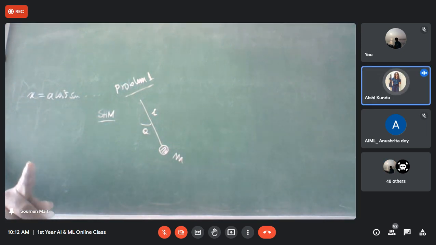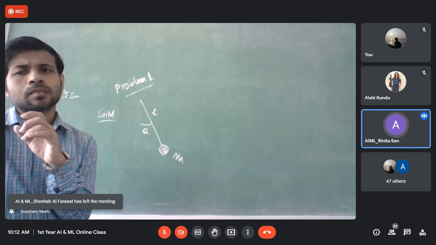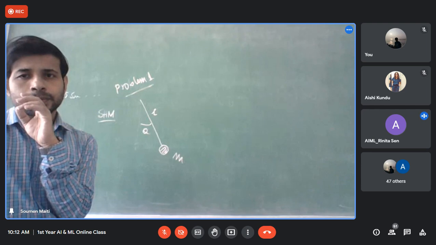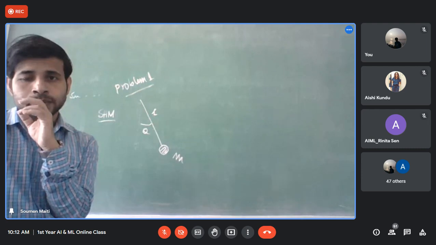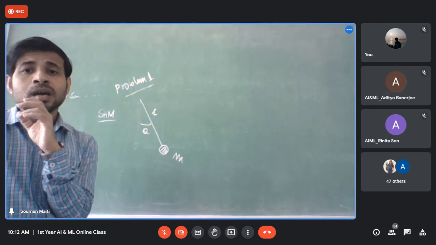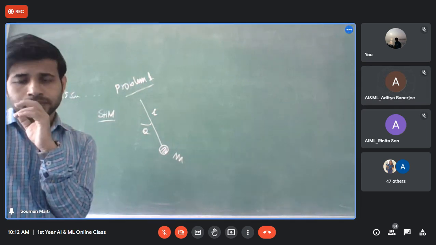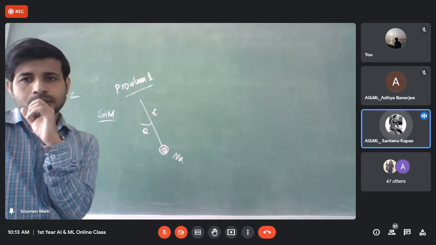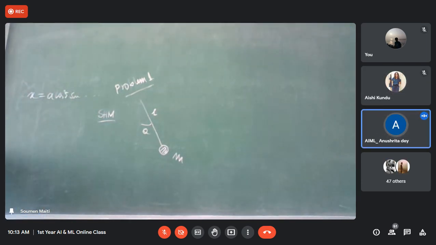At the extreme position the velocity will be 0, and at the mean position the velocity is non-zero, we can say like this. Who told you? Sir, we will take the components, L sin theta, L cos theta, then take the resultant. Then that is the amplitude, and then we can calculate. Sir, F equals ma? Restoring force is minus omega square x. The force is the component of mg, mg sin theta.